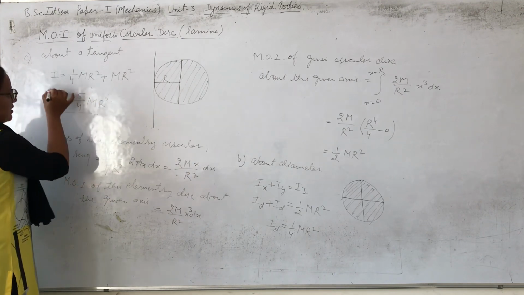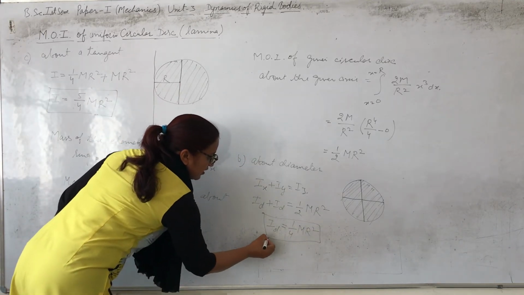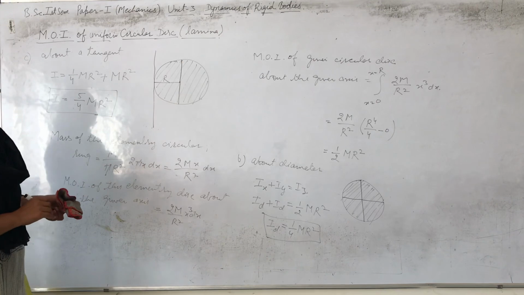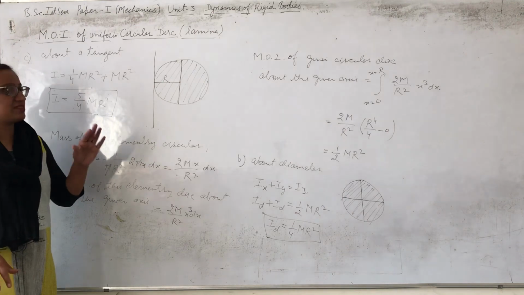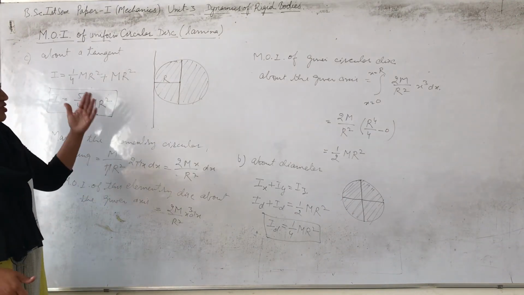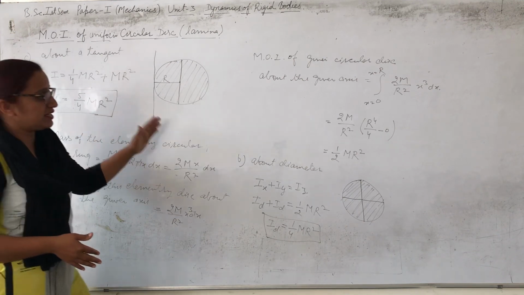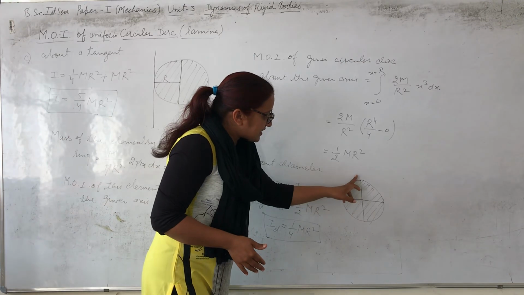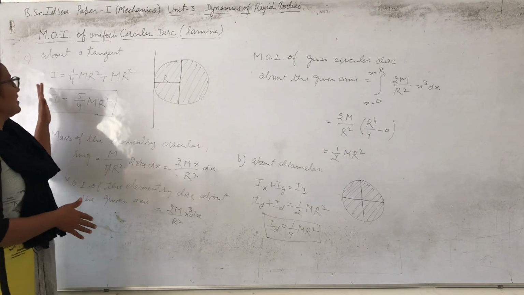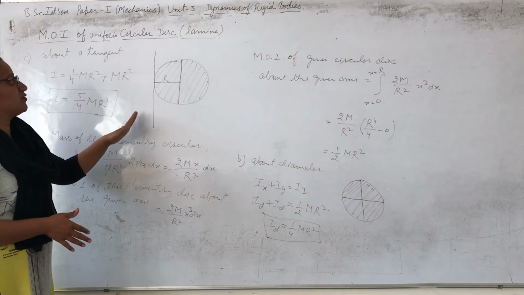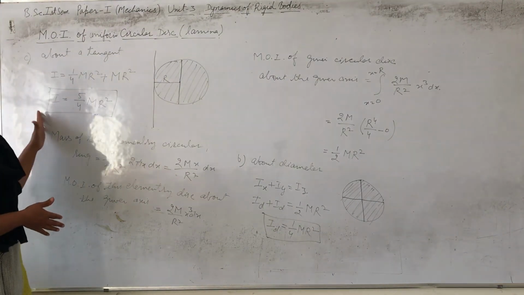So students, here we have calculated the moment of inertia of a circular ring and a circular disc about different choices of axis of rotation: about an axis passing through the center of mass but perpendicular to the plane, and about an axis passing through the center of mass but lying in the plane, which makes the diameter. And in the third case, we have discussed how to calculate the moment of inertia about a tangent using the theorem of parallel axis.